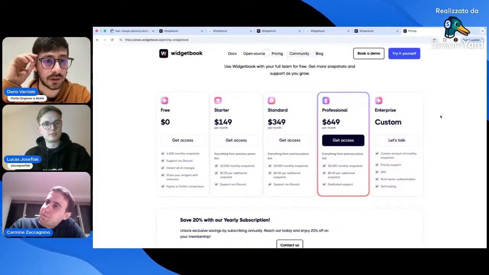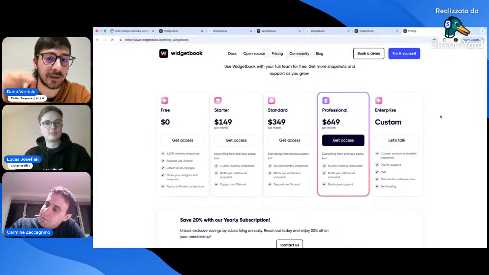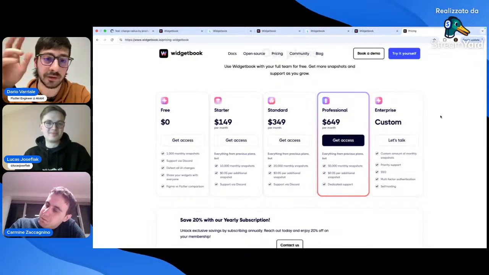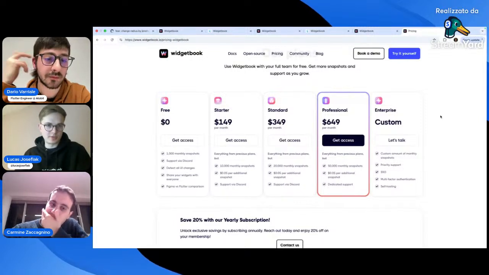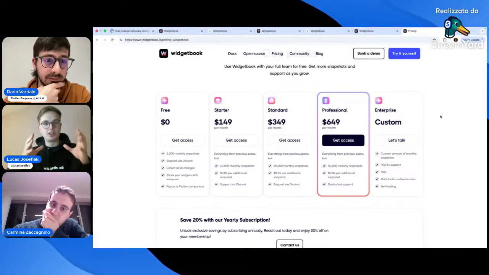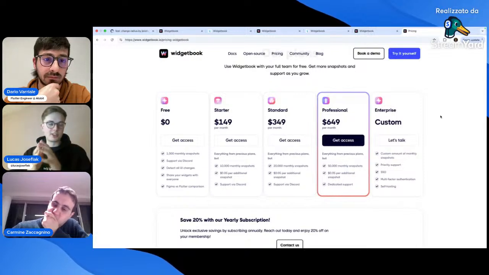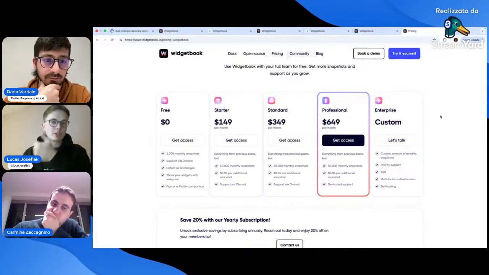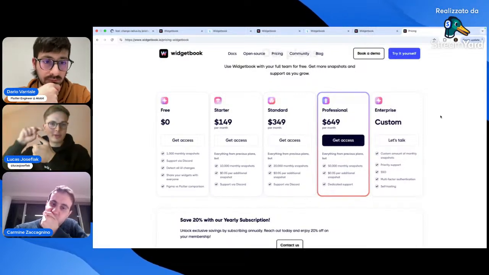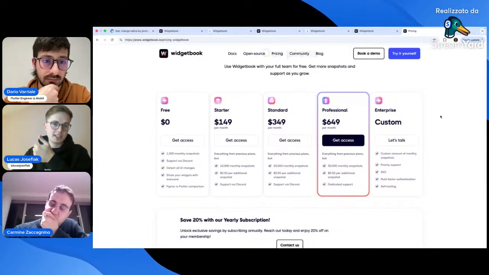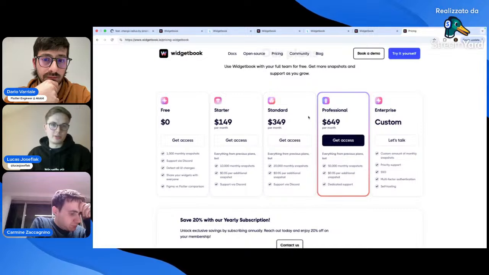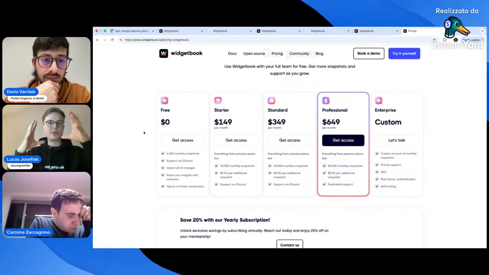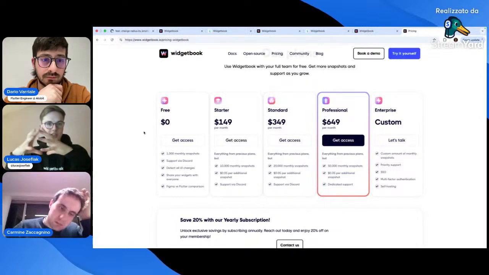I have one question. What's the average time of the build on the cloud, for example? Yeah, so that heavily depends on your usage of Widgetbook. What's important is how many snapshots or how many use cases you have in your Widgetbook, and how many different add-ons you'd like to automatically test. And then it also depends on what subscription you went for, because in the self-service subscriptions we always take snapshots in batches, and